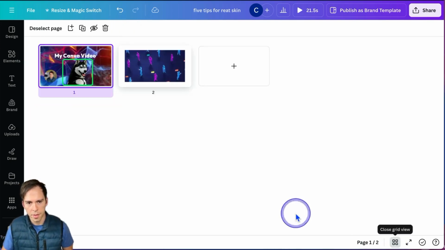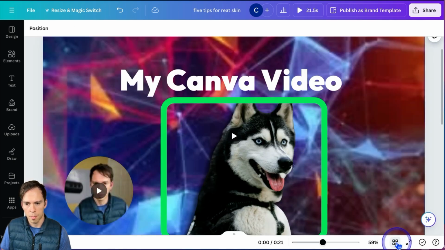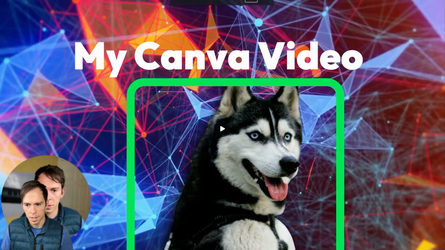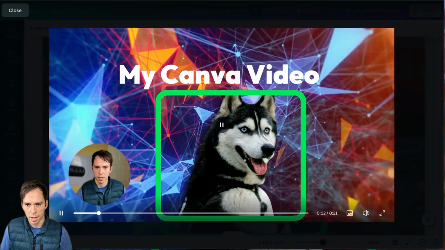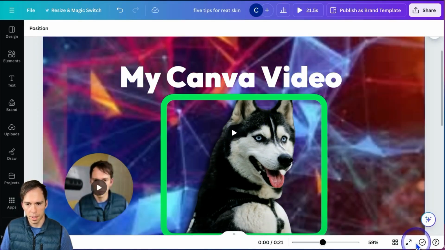You can change to a grid view, which is going to take all your pages and lay it out on a grid like this. You can go back by clicking on that icon again. So it's four little squares in the bottom right. You can click on this to do a preview, which is going to be a full screen preview. But I'm going to close out of that again. And so that's great for seeing all the detail of your entire project.